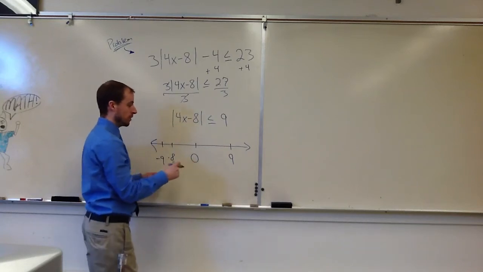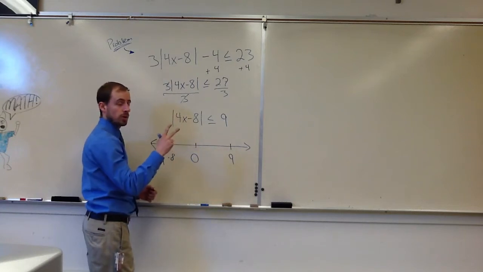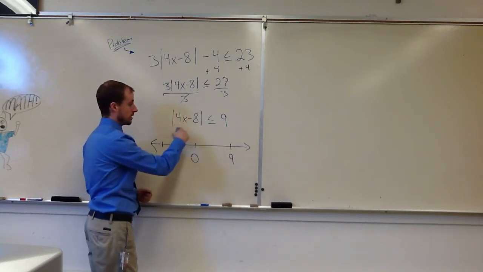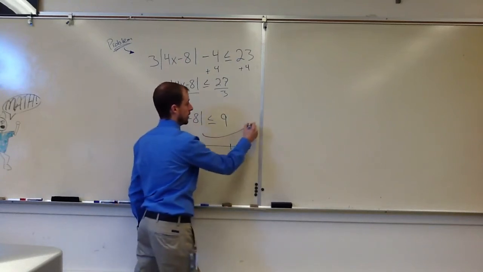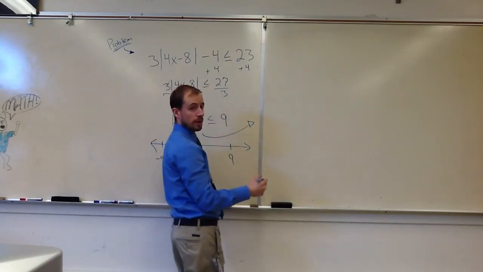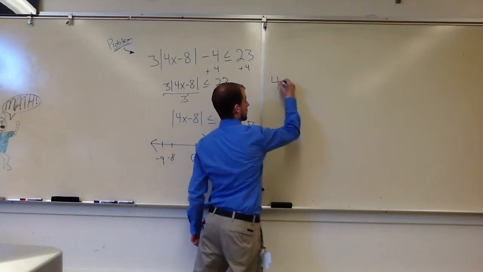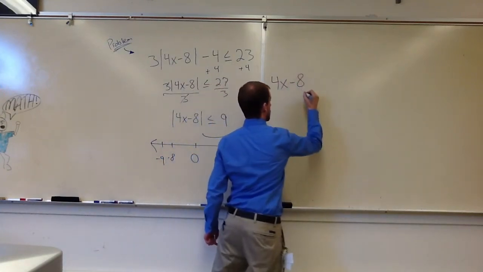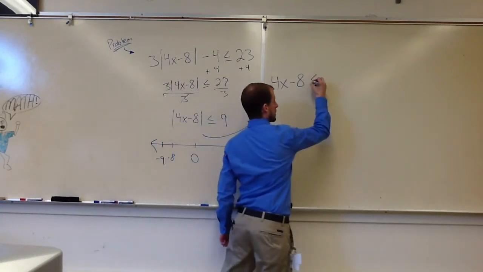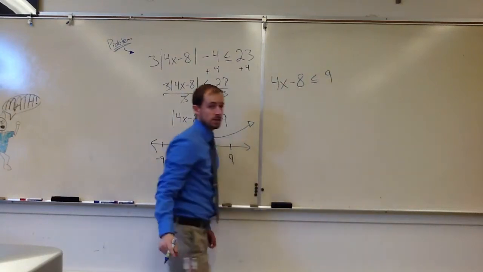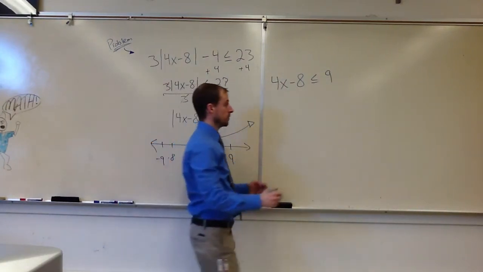And then, when you're done, you're going to want to write the two different inequalities from this. And that'll get rid of your absolute value sign. So we're going to go over here, and I'm going to write the two problems. So I'm going to have 4x minus 8, and I'm going to write the obvious one first with the positive value. That's going to be less than or equal to 9, because that's less than or equal to 9 away. Or, and this is where I flip things,